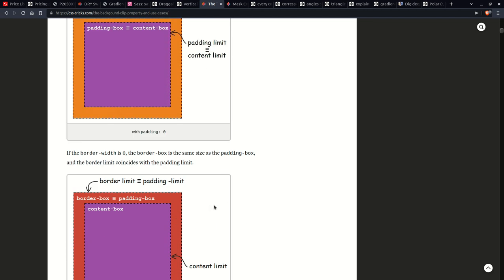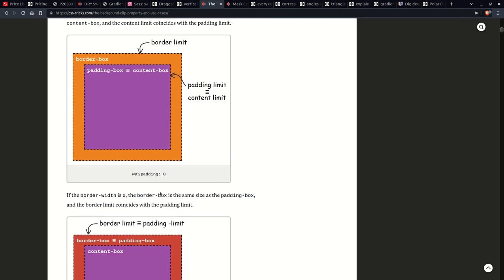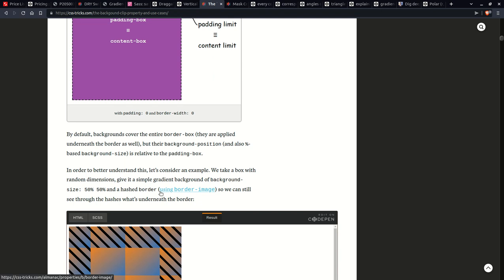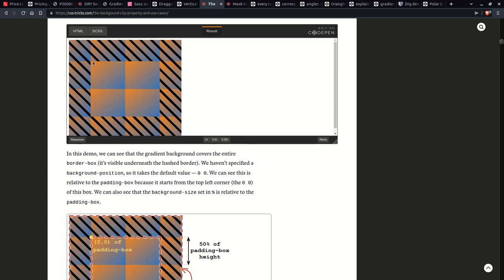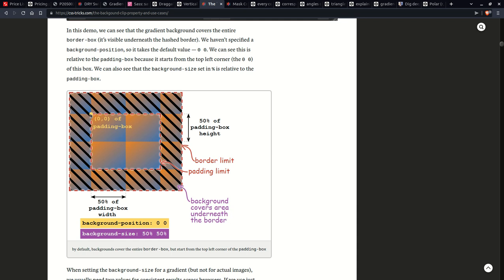I wrote this article, so this explains the boxes, the content box inside the padding box, inside the border box, all the different cases where we have padding 0, border 0, padding 0 and border 0. Now we have this example where we have background position 0, 0 and background size 50%, 50%, right? And this hashed area is the border area, okay? And in this case, background position 0, 0 means the 0, 0 of the padding box. Background size 50% means 50% of the padding box. So 50% of the padding box width, 50% of the padding box height,